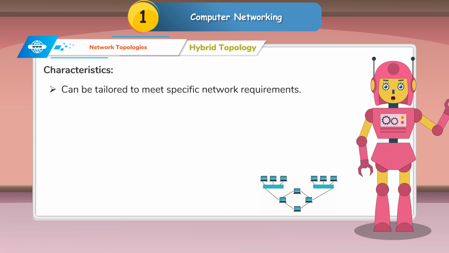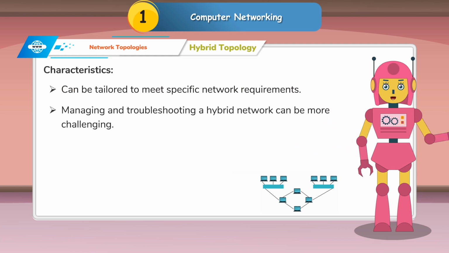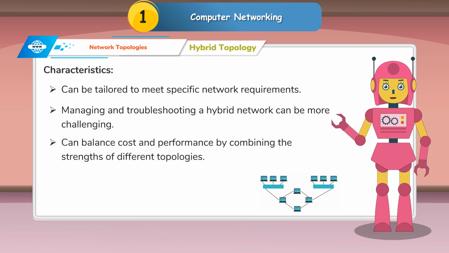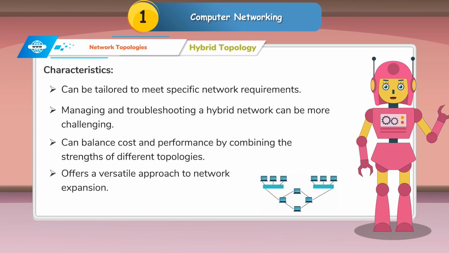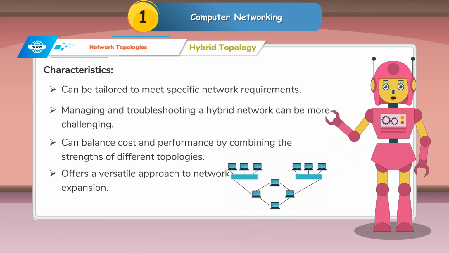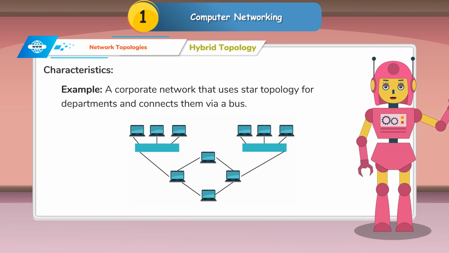Characteristics: can be tailored to meet specific network requirements. Managing and troubleshooting a hybrid network can be more challenging. Can balance cost and performance by combining the strengths of different topologies. Offers a versatile approach to network expansion. Example, a corporate network that uses star topology for departments and connects them via